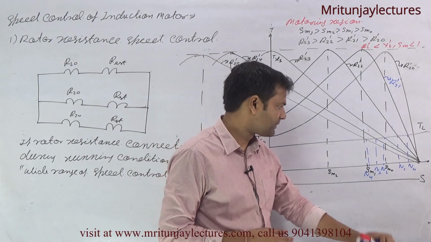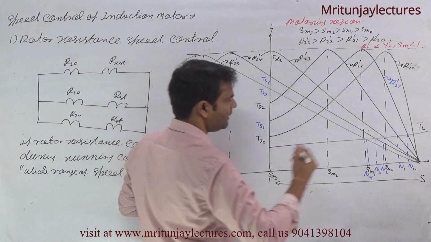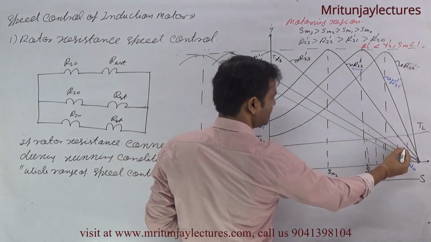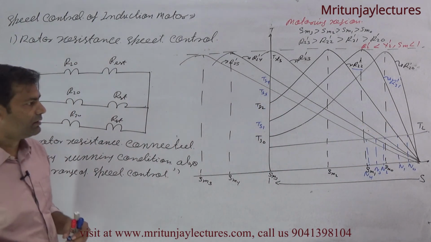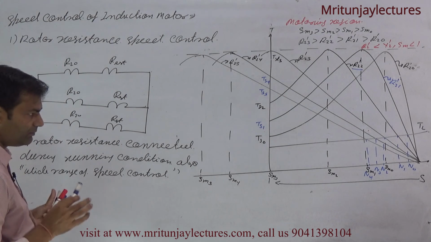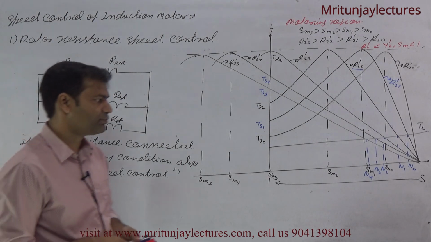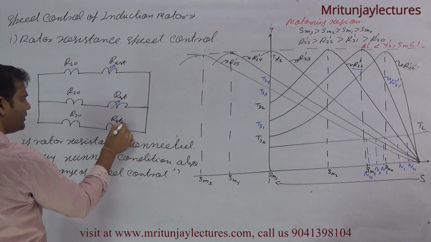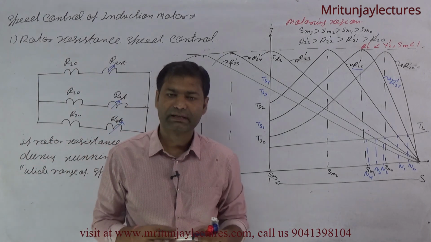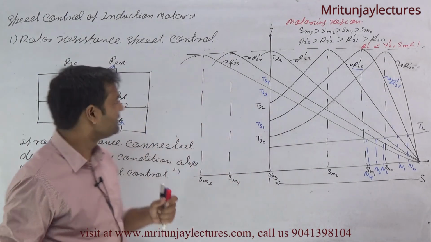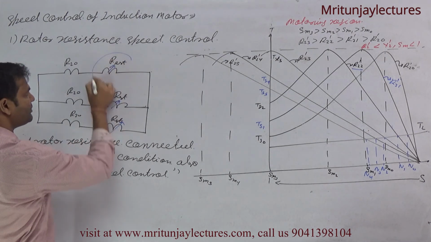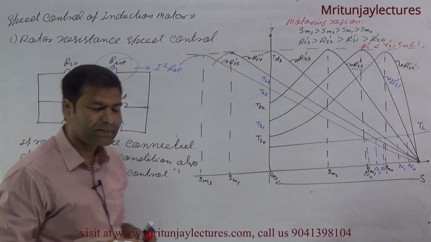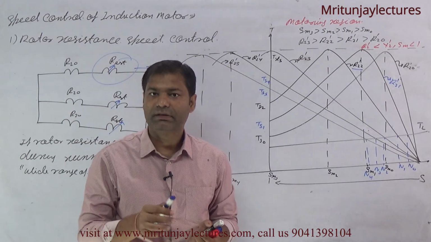Okay. Now suppose a particular speed corresponding to N1, what about resistance like this one? Clear? Now you know that the major disadvantage of this method is, if this is connected after the motor is starting, then I square R loss is continuous, that is I square R external R continuous. Then efficiency is poor.